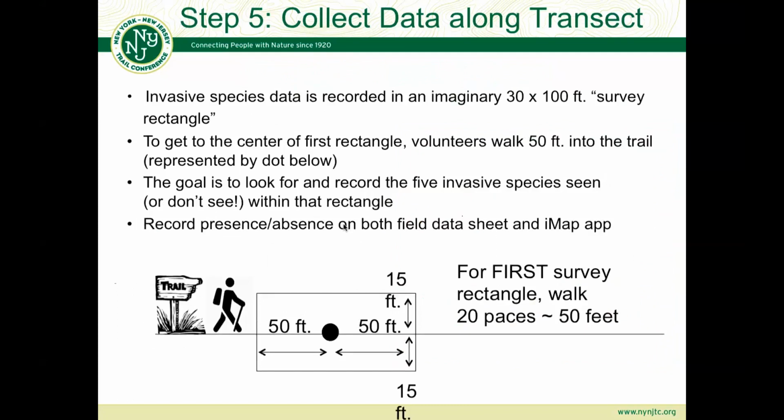Our trail survey is basically looking along a transect. So they'll arrive at their parking location, figuring out, I'm looking for these 5 invasive species, going out into basically a big imaginary rectangle. You walk 50 feet into this imaginary rectangle around you. We ask our volunteers to look 15 feet trail side to their left, then 15 feet trail side to their right, and search for any of these priority invasive species within that imaginary rectangle